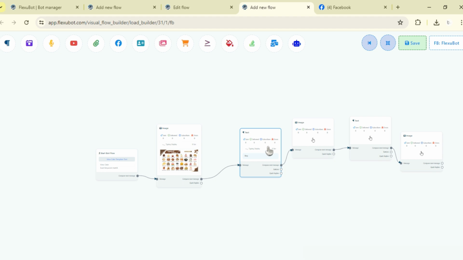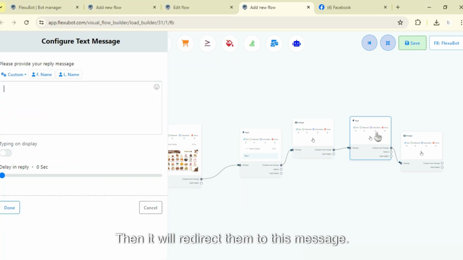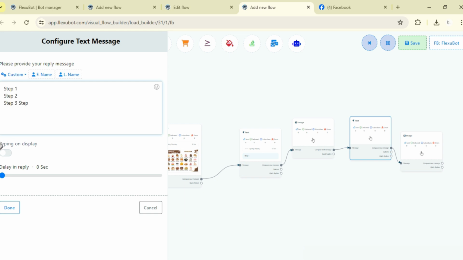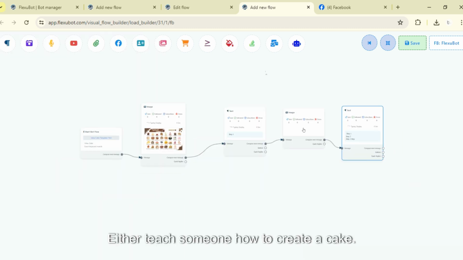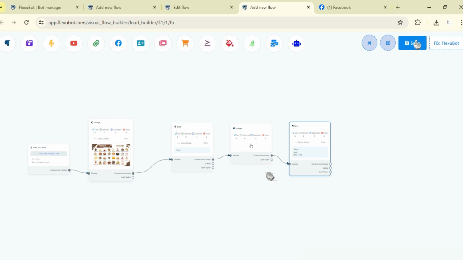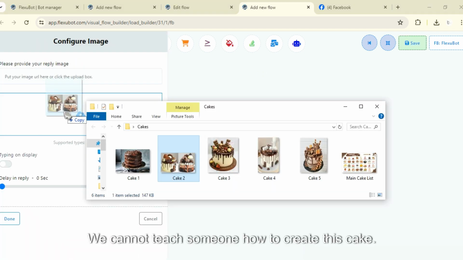Let's say how to make this cake, and then it will redirect them to this message. Step 1. Now you can teach someone how to create this cake,